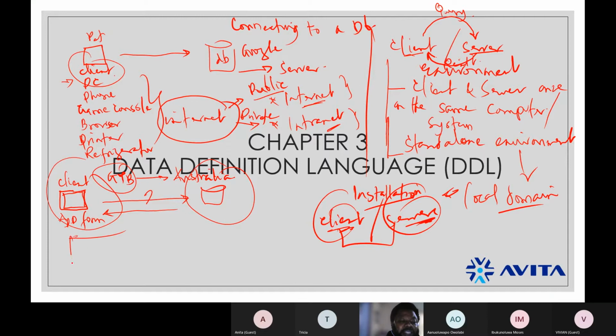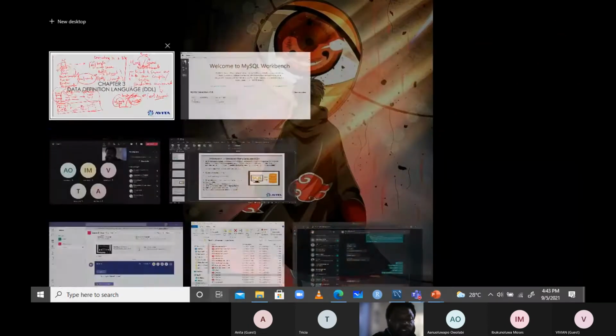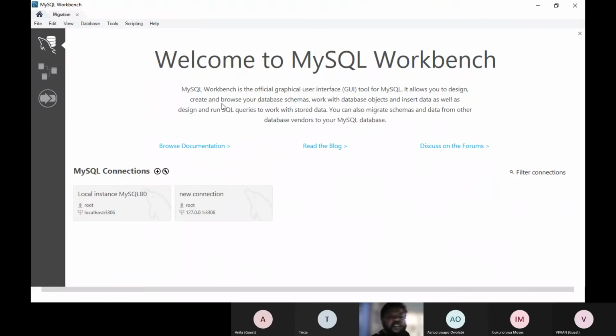But in our own case, we have what we call MySQL Workbench, and we're trying to query the database. Are you following me? We're trying to send a query to the database and receive information from the database. But the situation is that both of these are on the same computer, the client and the server. So when you initiate a connection, your connection is not going out of your system.